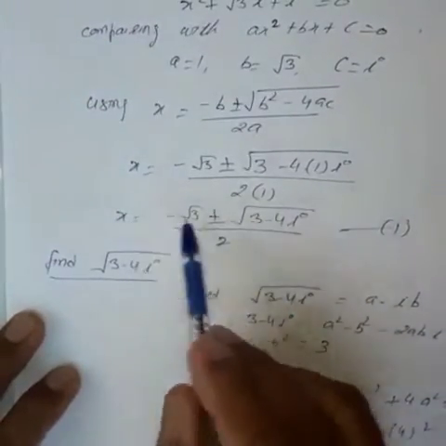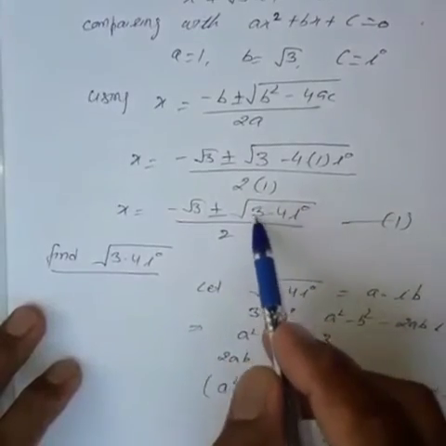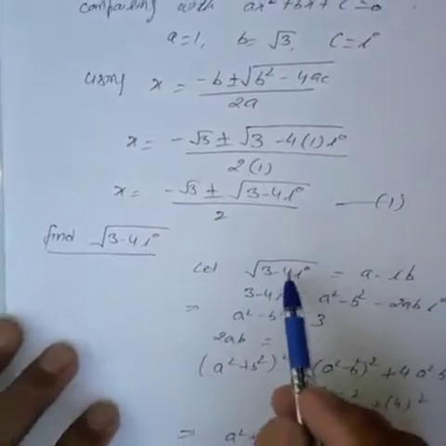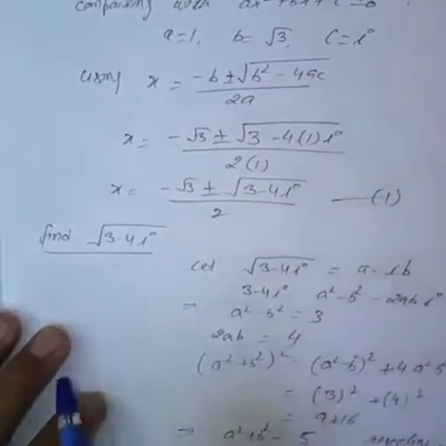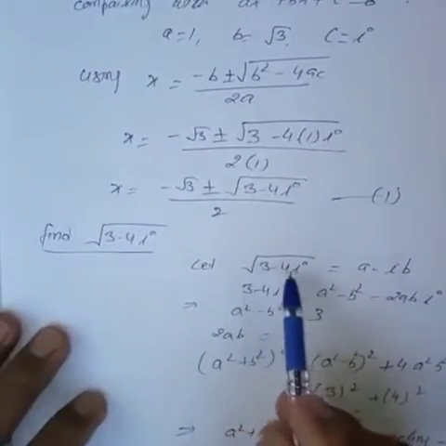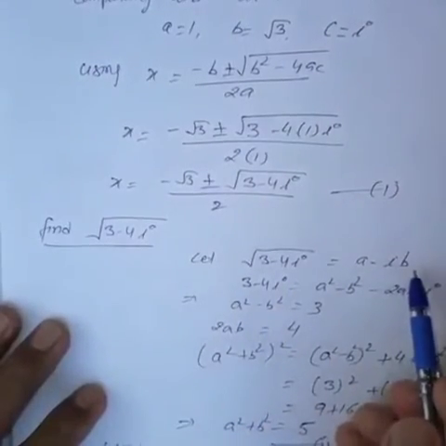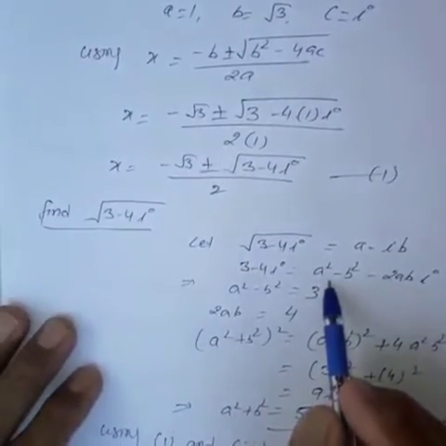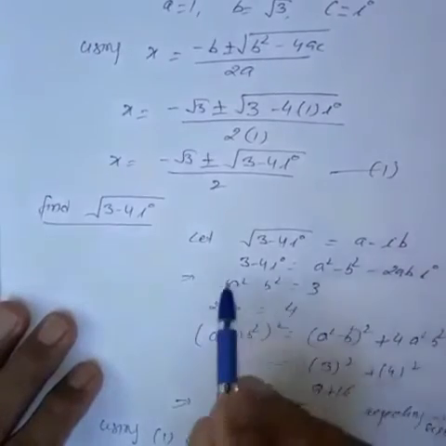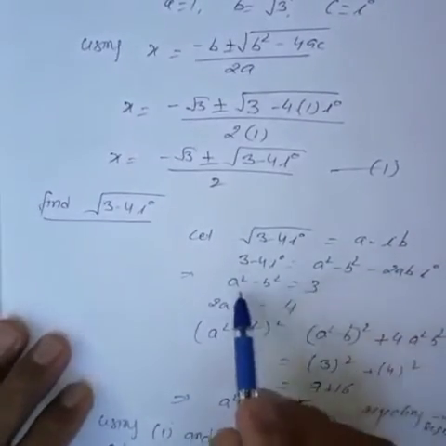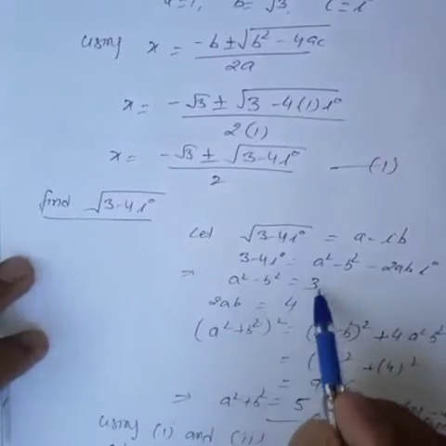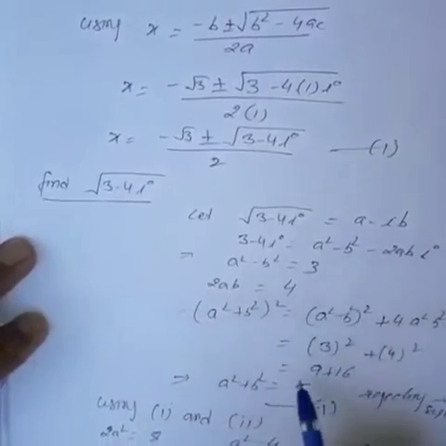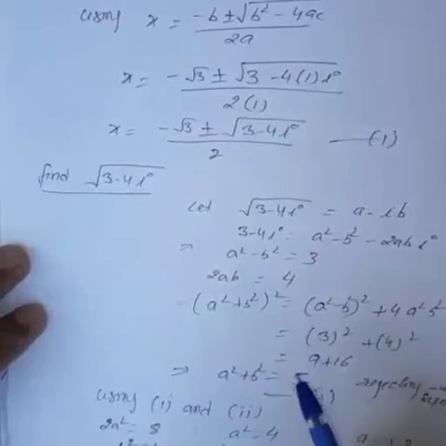Now to find the value of x, we have to find the square root of this complex number 3 minus 4 iota. So you solve under root 3 minus 4 iota. We have done finding the square root in the previous part. So let under root 3 minus 4 iota be a minus iota b. Then squaring both sides to find values of a and b, it is a square minus b square minus 2ab iota. Comparing real and imaginary parts, a square minus b square is 3. Now using this formula, we will find the value of a square plus b square. It is 5.